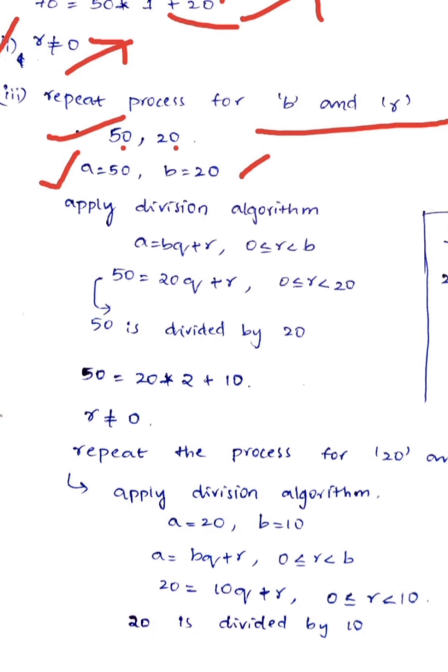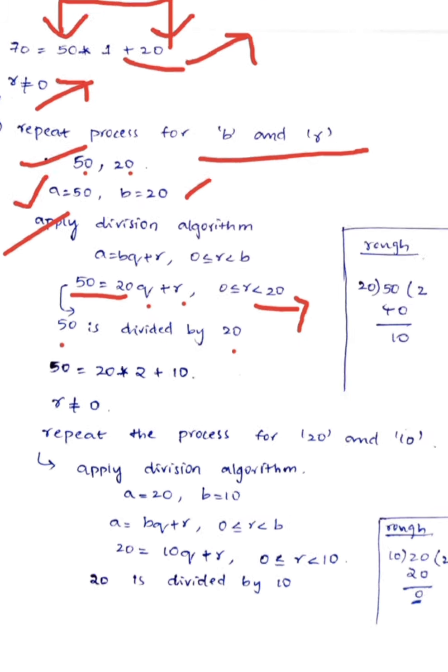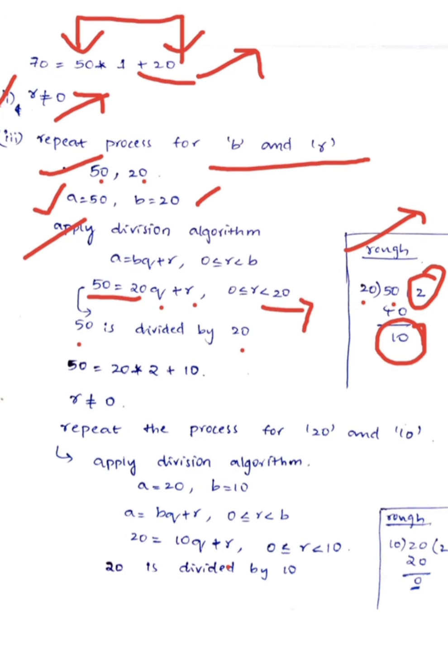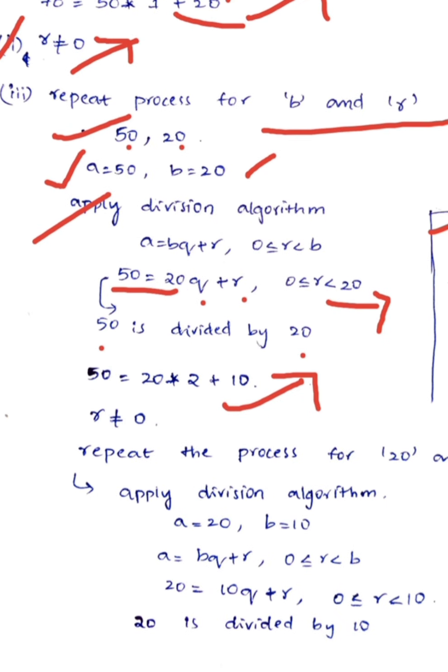Now here applying the division lemma, we got the equation as 50 equal to 20q plus r. To find the values of q and r, we need to divide 50 by 20. You need to do these divisions in the rough work only. Now when I divide 50 and 20, I got 2 as q and 10 as r. In the quotient I got 2 and in the remainder I got 10. So take quotient as q value and remainder as r value. So I substituted the same in the equation here and I got the equation 50 equal to 20 into 2 plus 10. Now the second step is we need to check for the value of r.